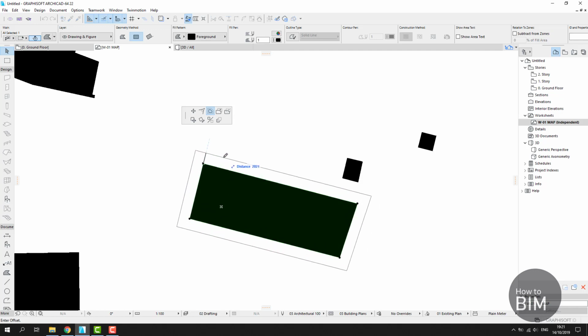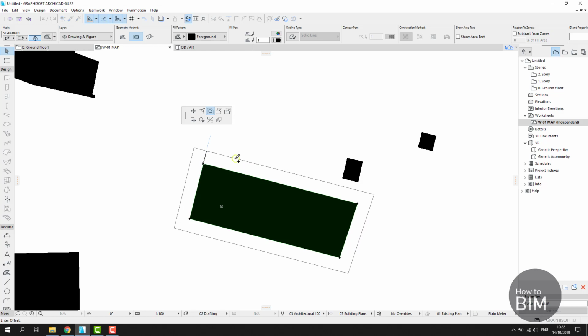But what if I want to make a copy of this that is bigger? That is easily done in Archicad just by clicking the Control button, and now as you see next to my pencil there's this plus sign that actually tells me that I have this option to add a new one,